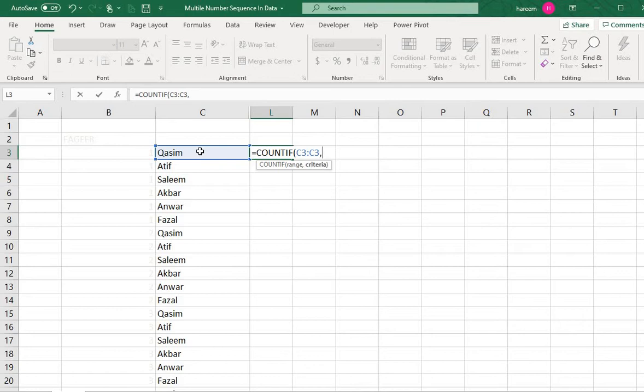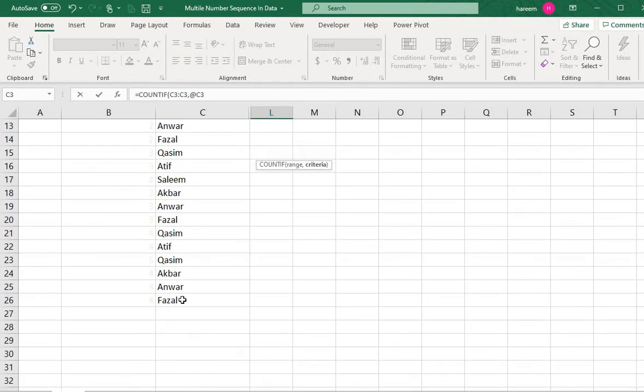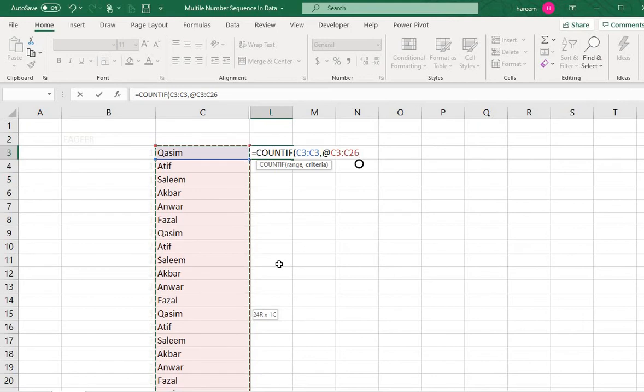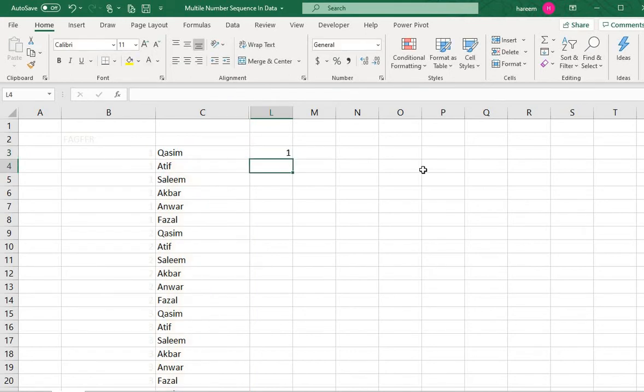Now the criteria is again C3 to C26, the full range. After that we lock the first cell C3, close the bracket, and press enter.